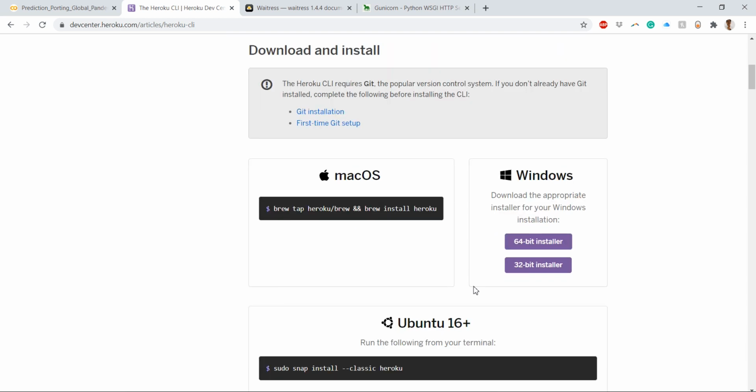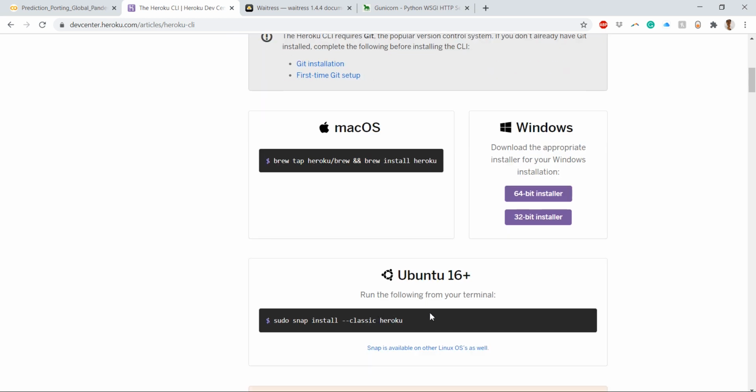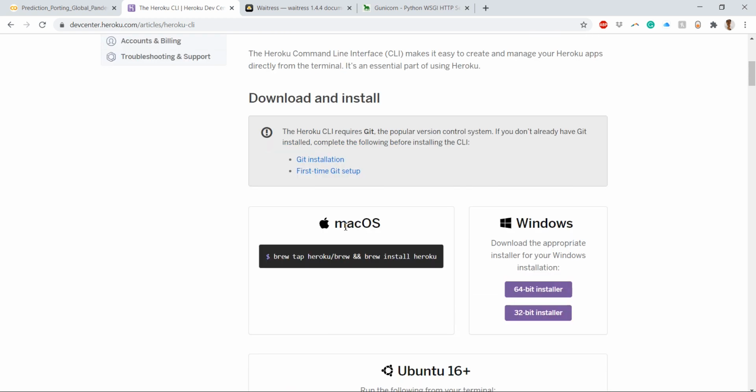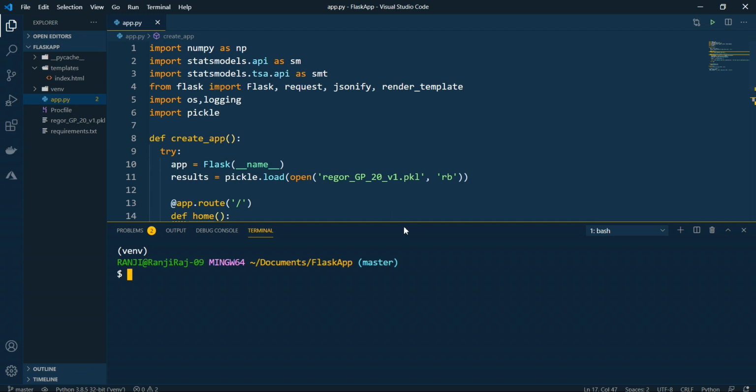On Ubuntu distributions you can also use it, with the snap version for installing. These are the commands that you need to put for the Heroku CLI, but just remember, before the Heroku CLI you need to have Git installed.